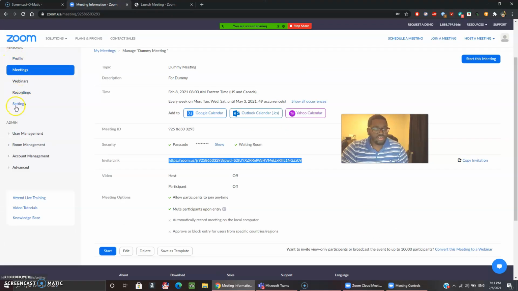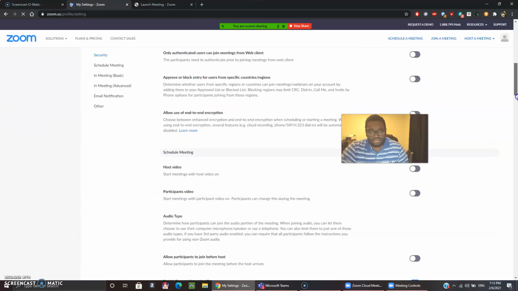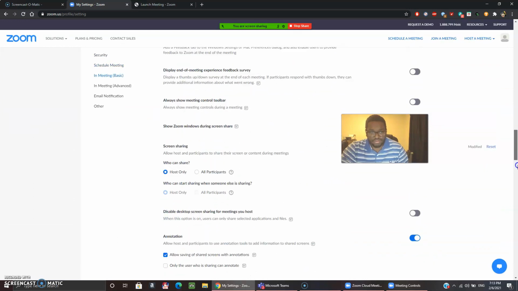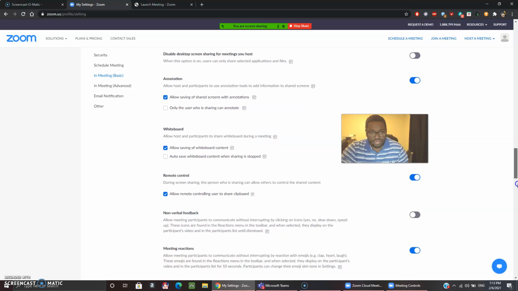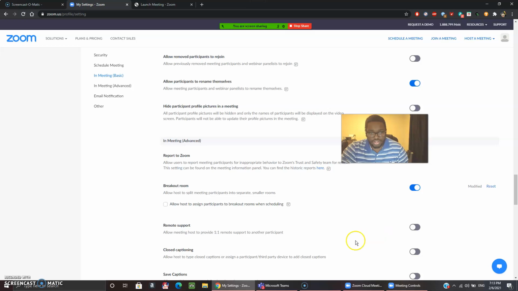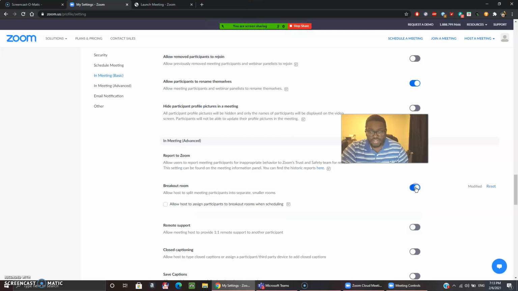Also, some people have said that their Zoom meetings will not allow them to do the breakout rooms. You can change that here. Scroll down, and right here, you can choose to toggle between having your breakout rooms on or off. This is off, this is on,